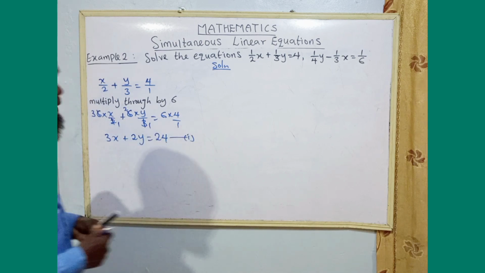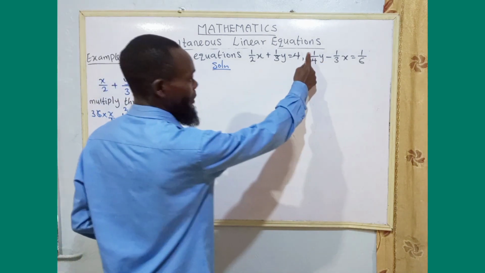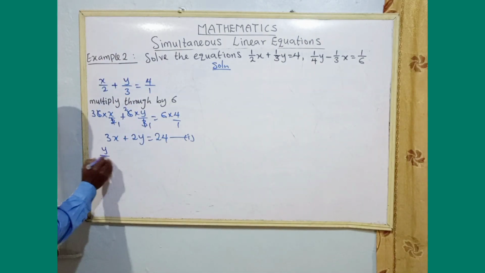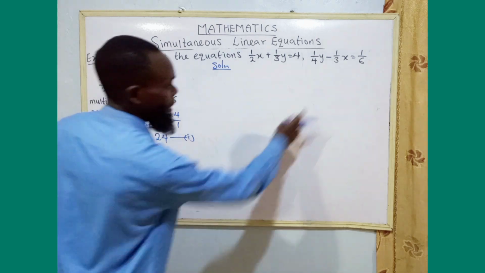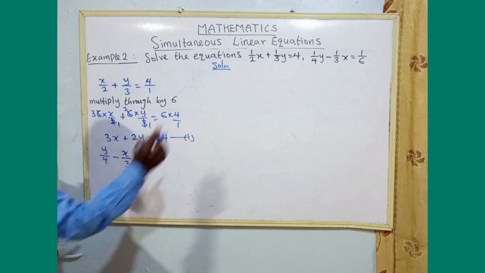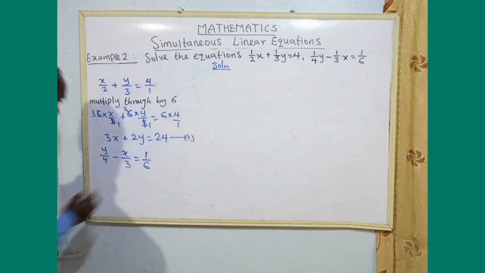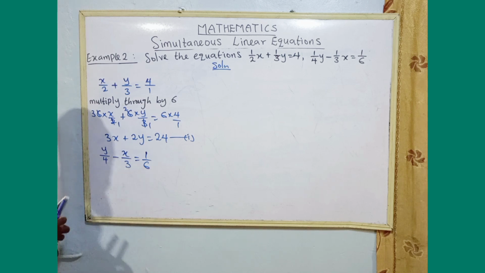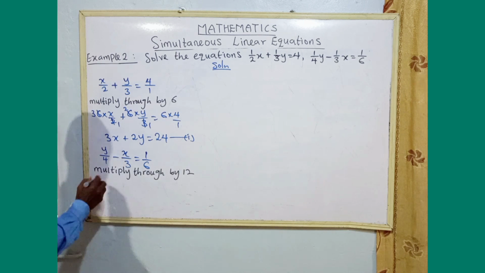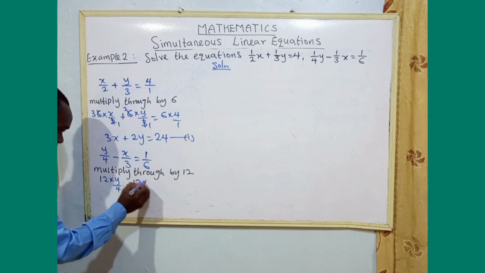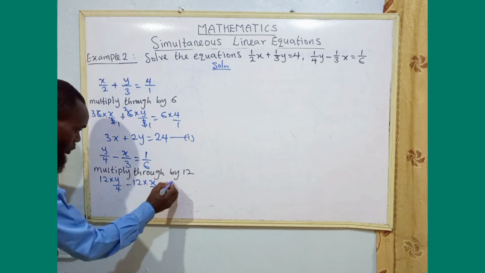Now, let's take our equation 2 as well. Y multiplied by 1, I have y over 4. Y divided by 4 minus x multiplied by 1, I have x over 3, is equal to 1 over 6. Now, the next thing is to look for the LCM of 4, 3, 6, which is 12. Then we multiply through by 12. We have 12 multiplied by y over 4 minus 12 multiplied by x over 3 is equal to 12 multiplied